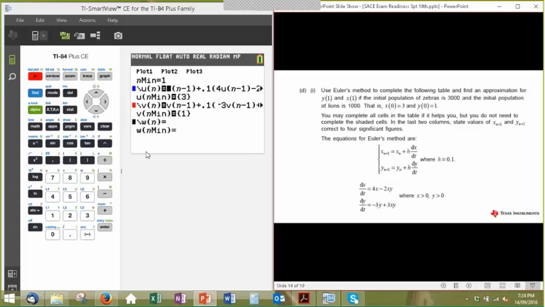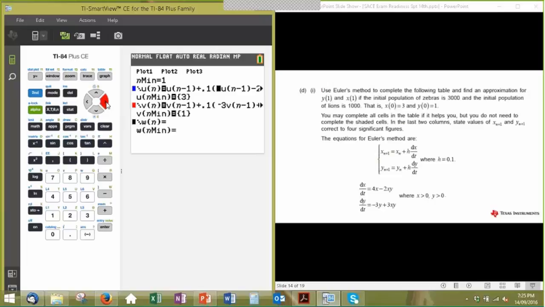And so if I go back to the calculator, you'll notice that here I have un. That means the next term in my sequence is going to be calculated. That'll be the xn plus 1, in fact. xn plus 1 in here is un in this one. So you find that by doing u of n minus 1, that's the previous x value, the xn. The h values in this question were 0.1. If you're not familiar with it, you can have a look at it later.